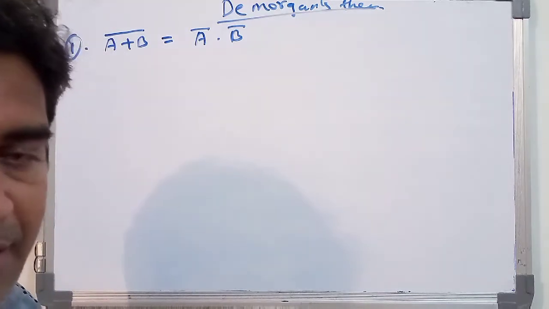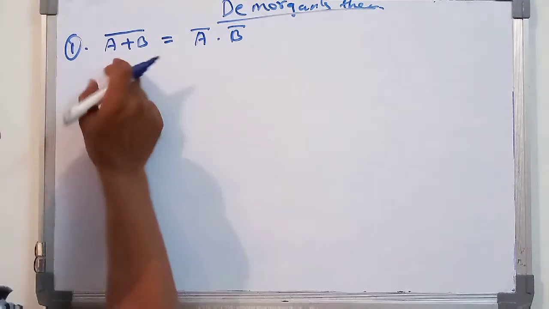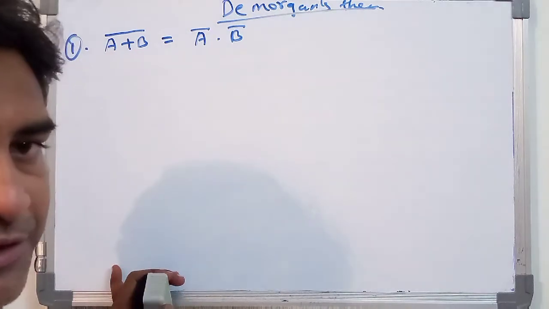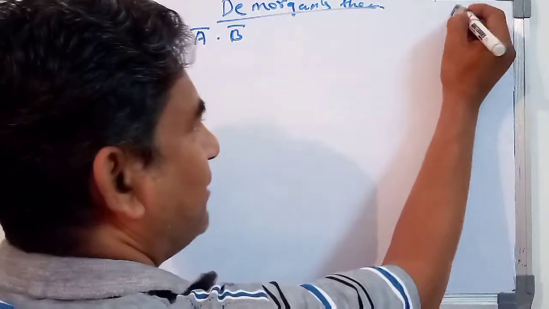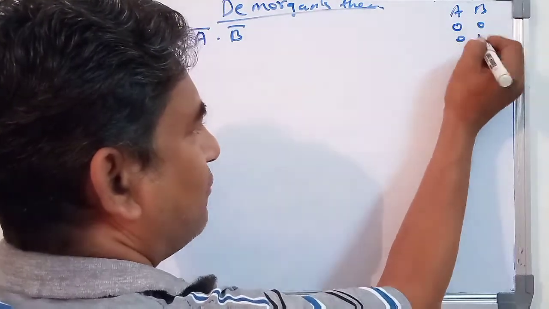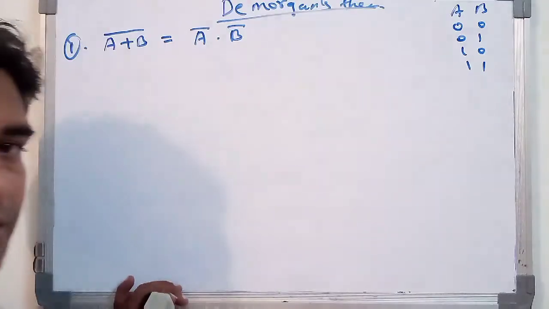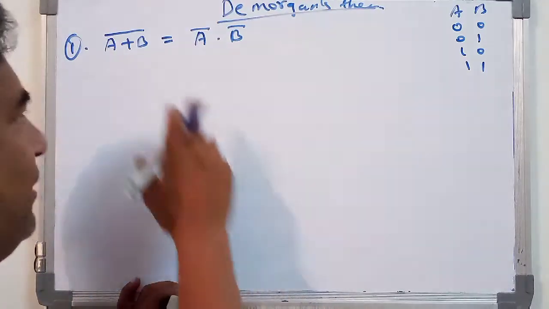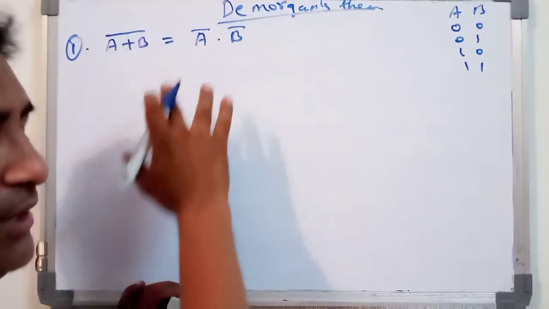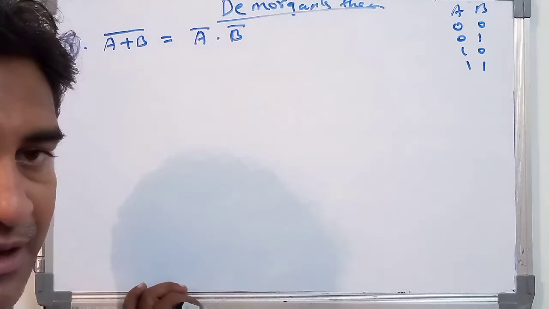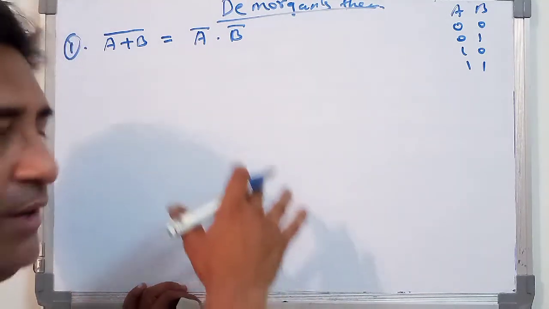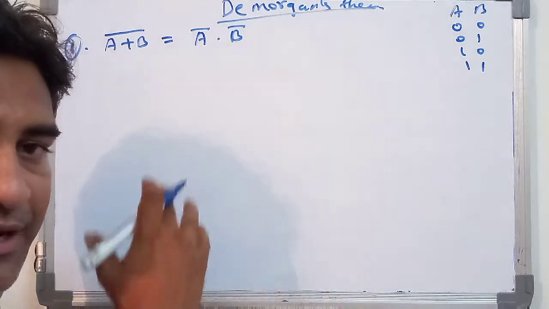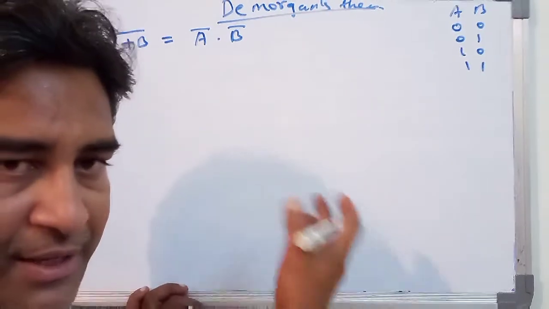According to the left hand side, what is present here is a and b, which means there are two variables, and according to the two variables you have to insert the values, that is AB: 0 0, 0 1, 1 0 and 1 1. So the four terms will be included in the left hand side, and the four terms will be included in the right hand side, and after that we will form the logical diagram. First we will prove that the left hand side is equal to the right hand side.